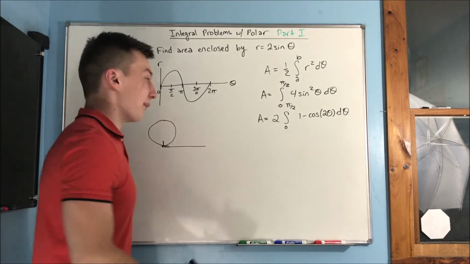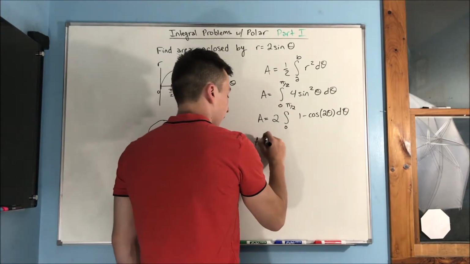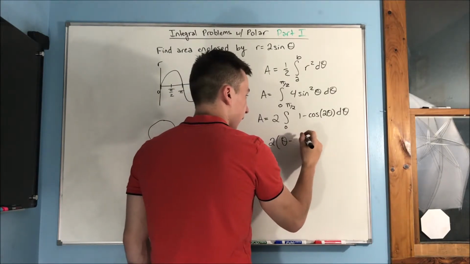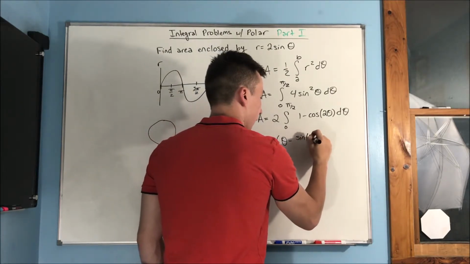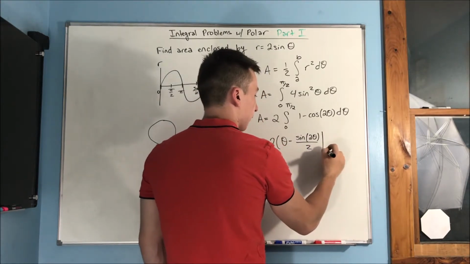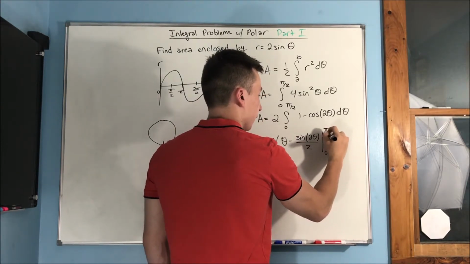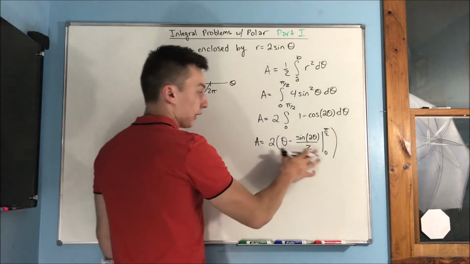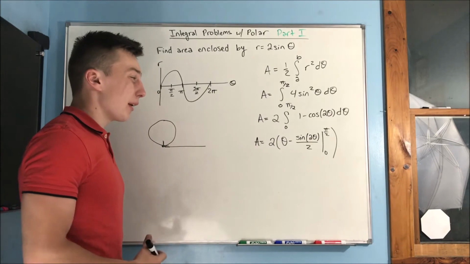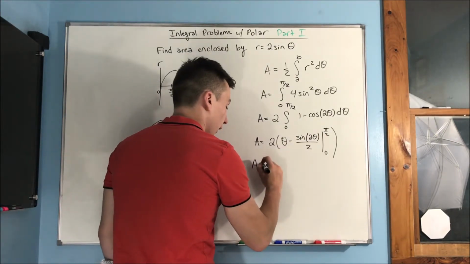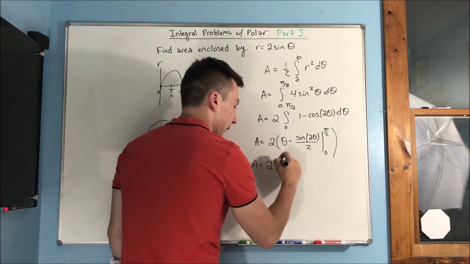Now we just got to integrate. So we get the area is equal to 2 times theta minus sine of 2 theta over 2, and we're going to evaluate this now from 0 to pi over 2. We know that 0 is going to just kill off everything, so we have to worry about that pi over 2 term. When we plug that in, we get our area is equal to 2 times pi over 2